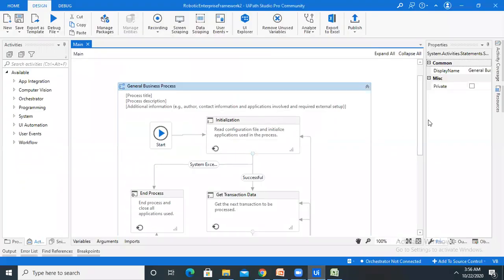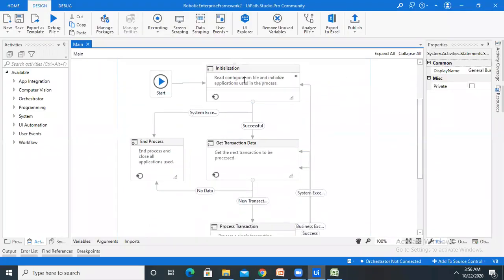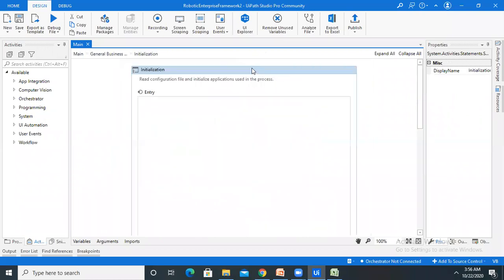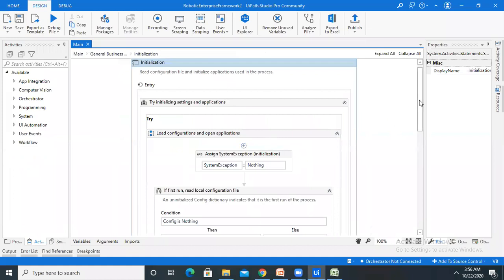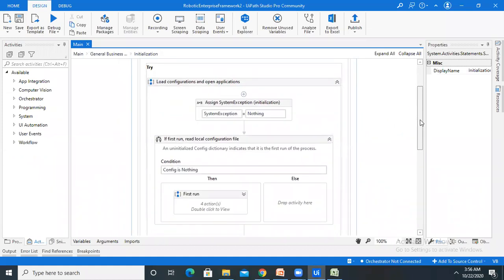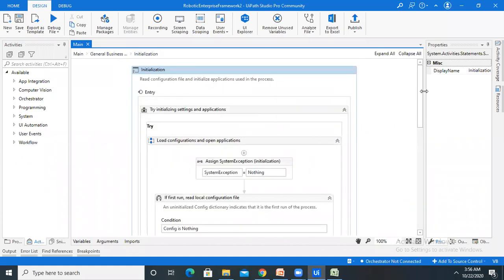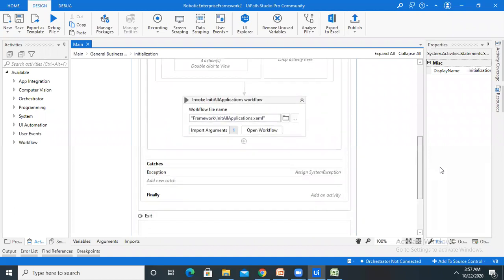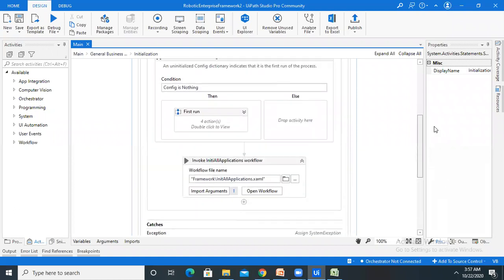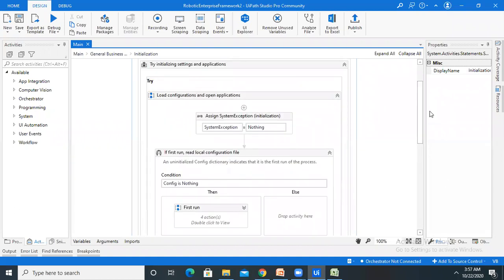So now let's understand each and every step in detail. Once you double click on the initialization state, it will show you some coding. Don't worry about that. It's basically created for complex programming. You can use it, otherwise you can comment it out. I know when you open this file, you will find some difficulty with how much code is there and how we'll understand all of it. So we'll cover each and everything here.